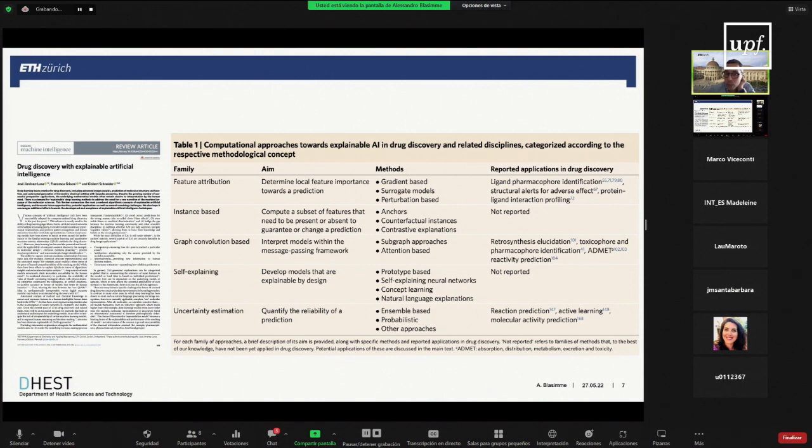Of course, explainability is a problem that cuts through all the possible applications of AI to medical issues, and we will go back to this problem later on in this presentation. There are ways to dispel some of the opacity of AI algorithms also in the domain of drug discovery, but the problem here is basically that lack of explainability or lack of transparency is a limiting factor for drug discovery,